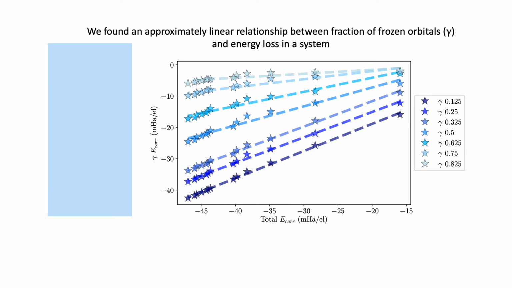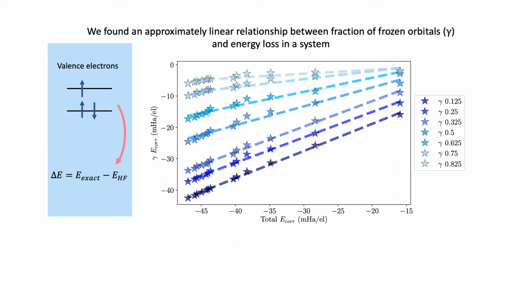Using coupled cluster methods, we compared the correlation energy of systems with fractionally frozen orbitals to the correlation energy of systems with no frozen orbitals. What you see here is the result that shows an approximately linear relationship between number of frozen orbitals and energy loss in a system. Recall that it is an orbital's active space, or valence electrons, which determine the chemical behavior of a given atom, and that the correlation energy, pictured here, is largely a product of complex interactions in the